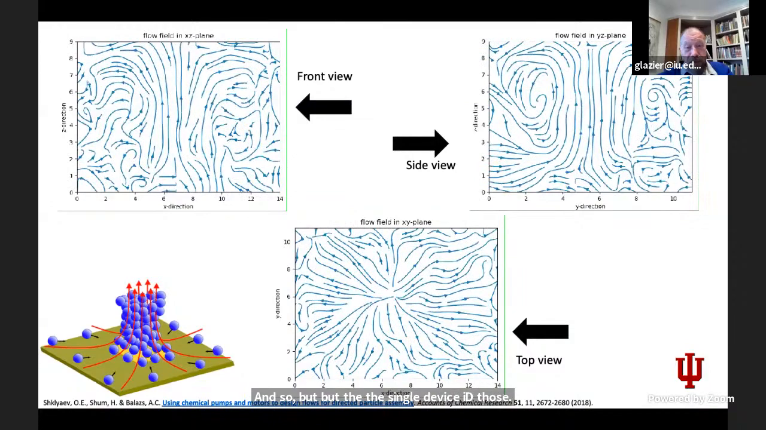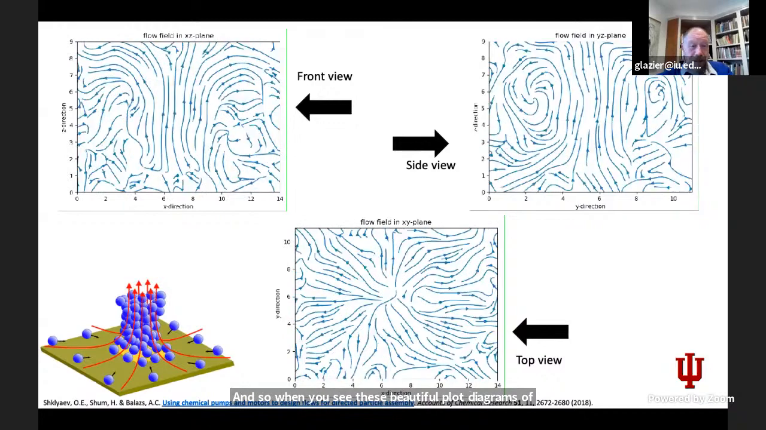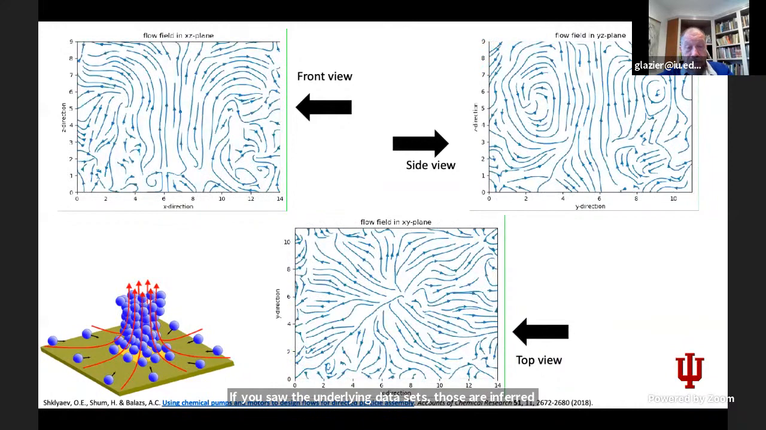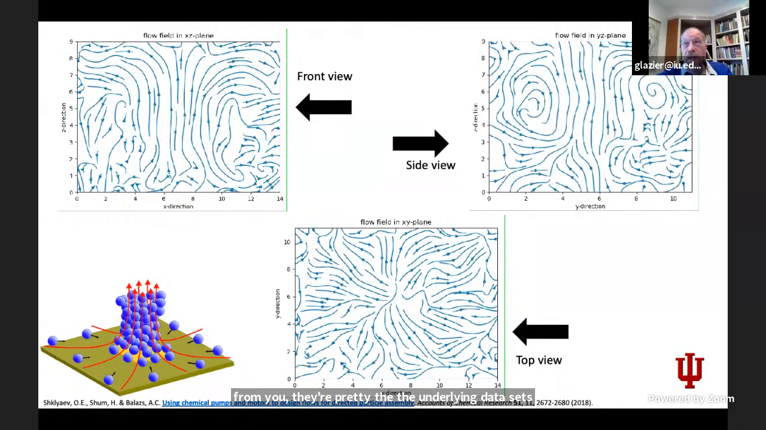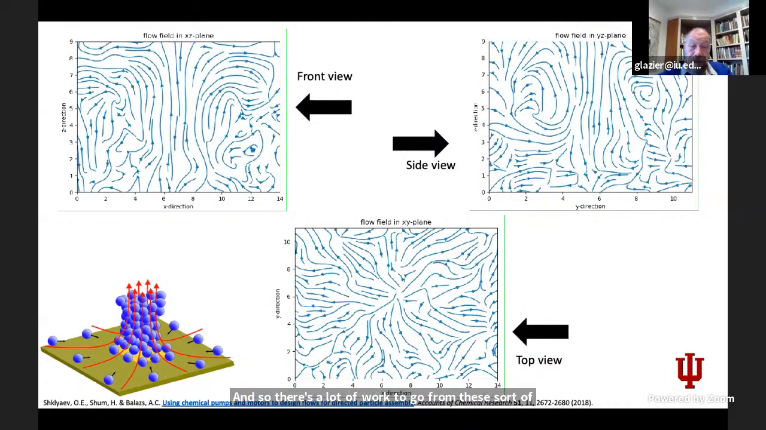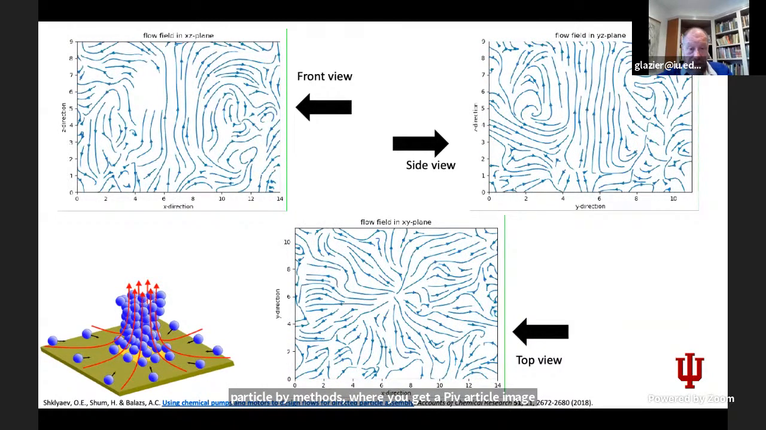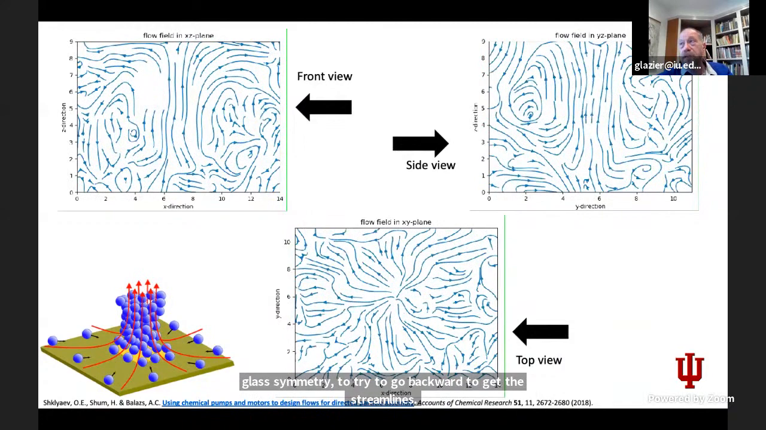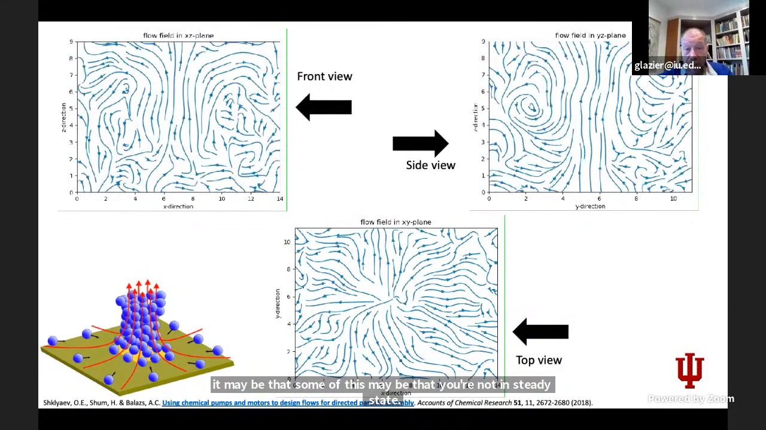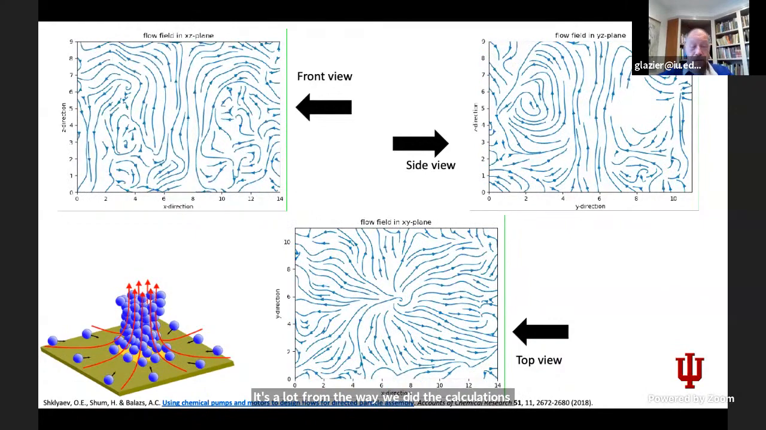And so when you see these beautiful plot diagrams of neuronal connectivity, if you saw the underlying data sets they're inferred from, they're very noisy and very sparse. So there's a lot of work to go from these particle-like methods, where you get a PIV, particle imaging velocimetry, to go backward to get the streamlines. It may be that you're not in steady state. Some of it may be that the number of particles is not enormous. It's a lot from the point of view of doing the calculations, not so many from the point of getting a